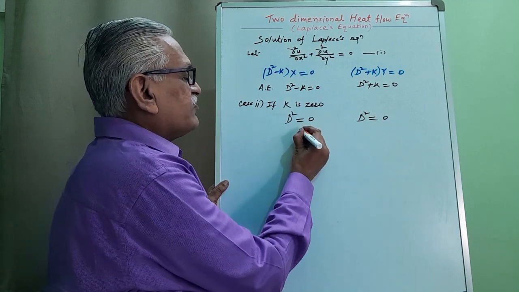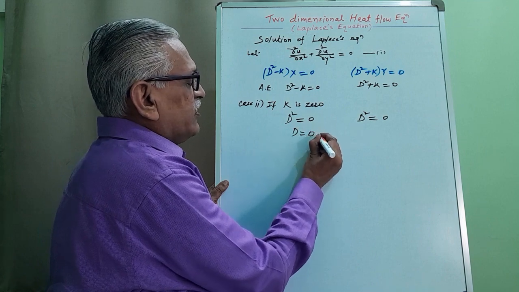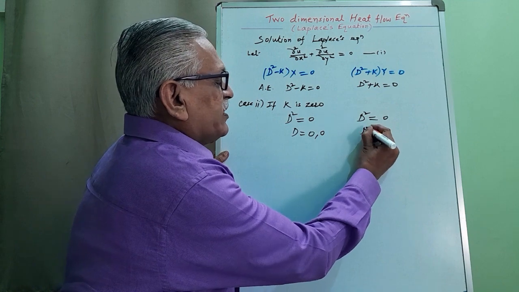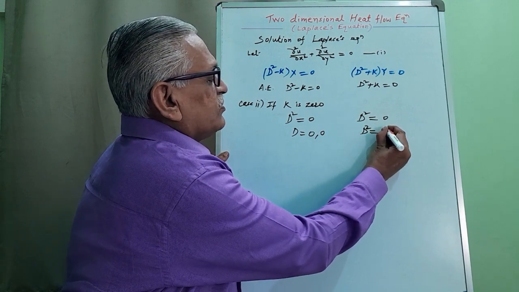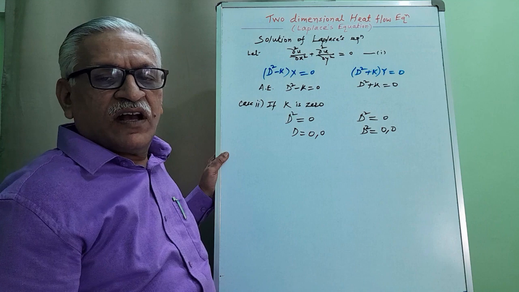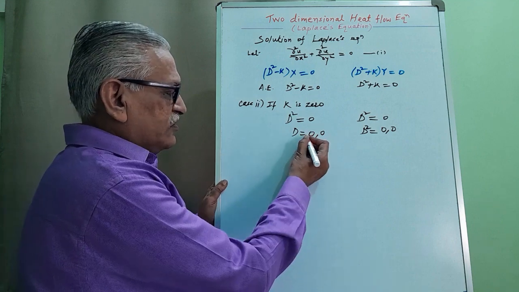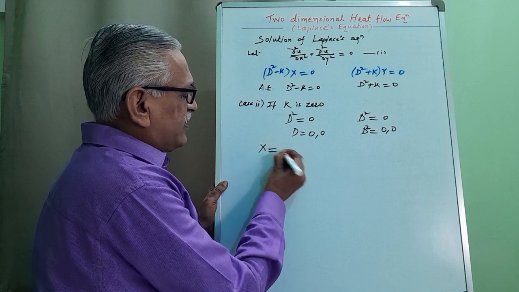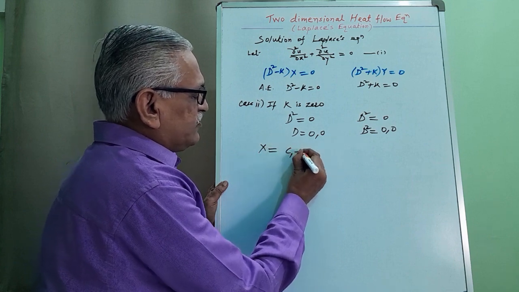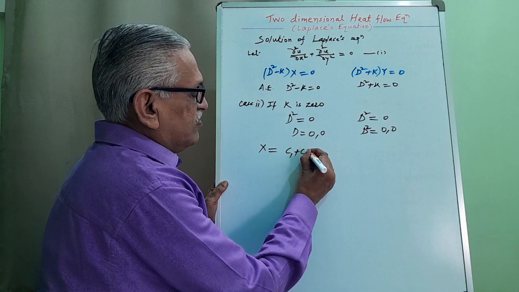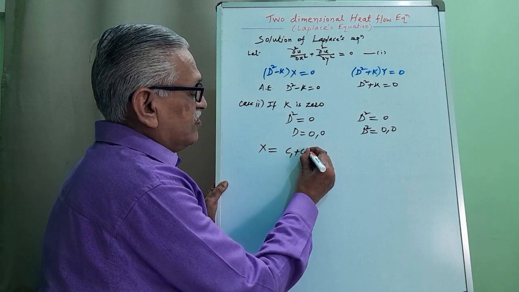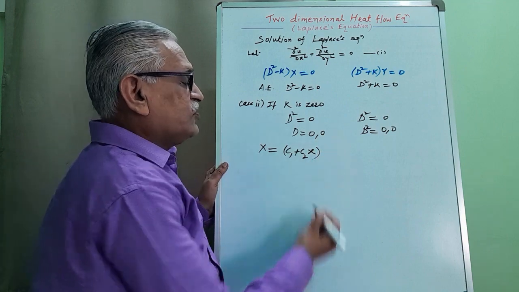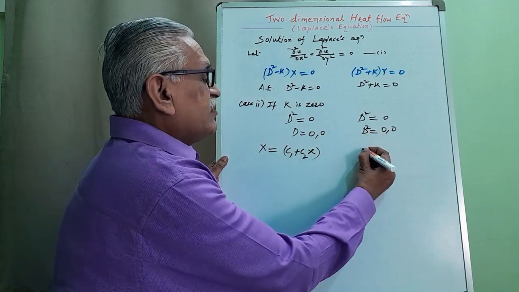Here the roots are 0 and 0, two real and equal roots, and for the second also we get D square equals 0 and 0. Again real and equal roots. When roots are real and equal, we get the solution for capital X as C1 plus C2 x into e raised to 0, that is 1, and for y we get